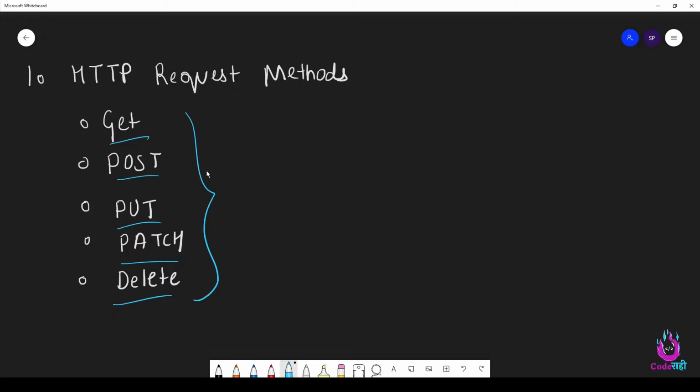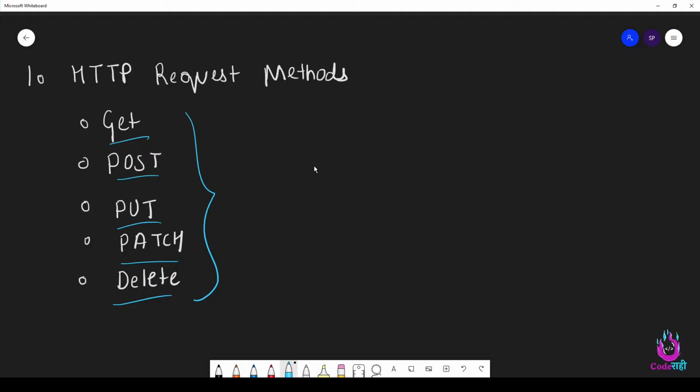So the next request we'll be talking about is the POST request, and POST request simply means that the client wants to submit or wants to send some data back to the server. So it's exactly opposite of GET request. In GET request, client is asking for data, and in POST, the client is sending data back to the server.